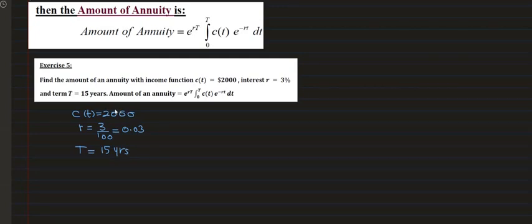If it's given partly in years and partly in months, for example 15 years and 3 months, we will transfer the months into years. How many months do we have in a year? 12. So we will divide here by 12 to have 1/4, and then we'll add 15 plus 1/4 in order to have the full amount of years. So we can transfer the term into years if it's given in years and months, and then we will directly substitute